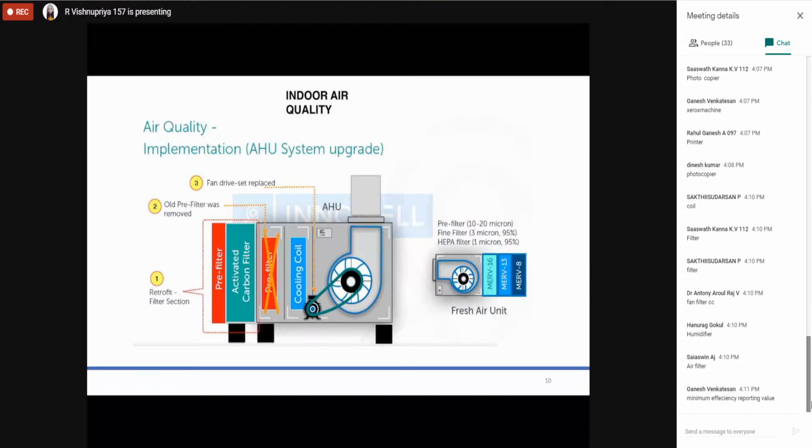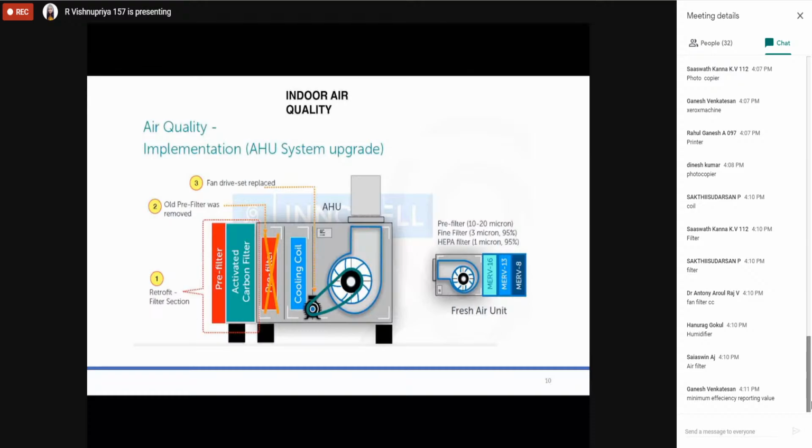You remember I was discussing the adding of MERV 13 filters, right? You can see on the right hand side a fresh air unit. We have added one new fresh air unit, since in that project we had directly taken the ambient fresh air and put it into the room, with no filtration. If I add a filter in this AHU, I have to do a lot of modification, so that is the reason we added a fresh air unit. You can see MERV 8, MERV 13 and MERV 16 filters. I'm taking fresh air, doing complete filtration in the fresh air unit and directly pumping it into the AHU room. So the fresh air is directly added, but the entire dust from the ambient condition has been filtered by the fresh air unit.